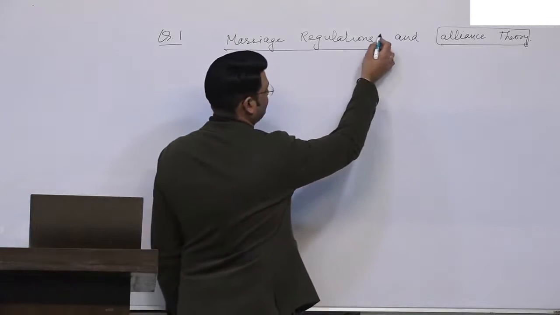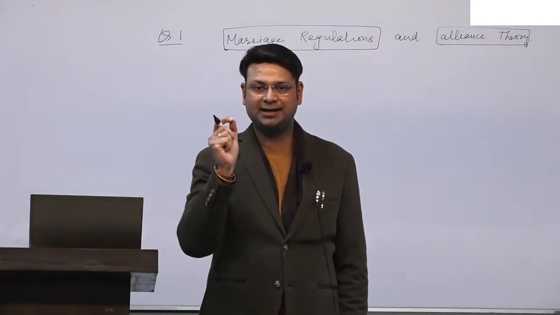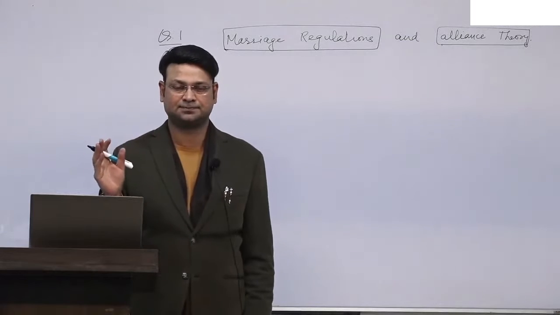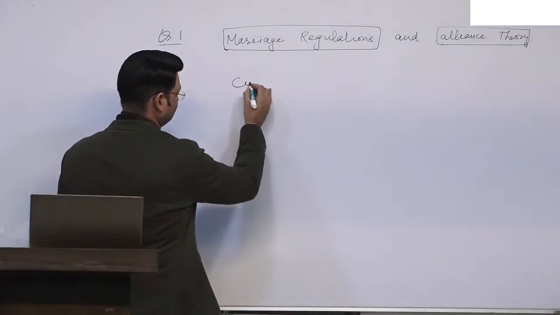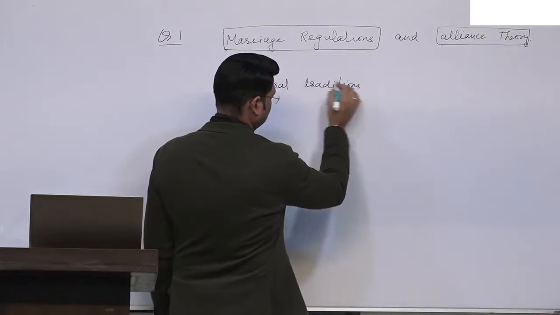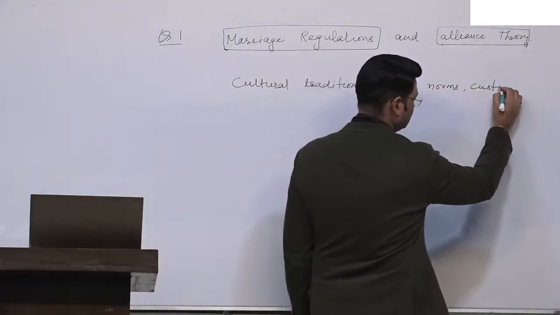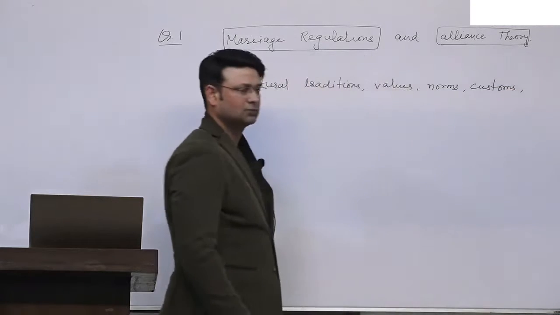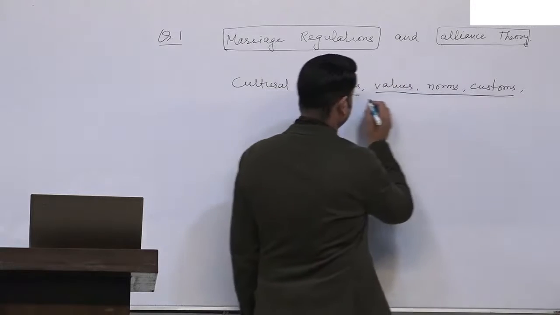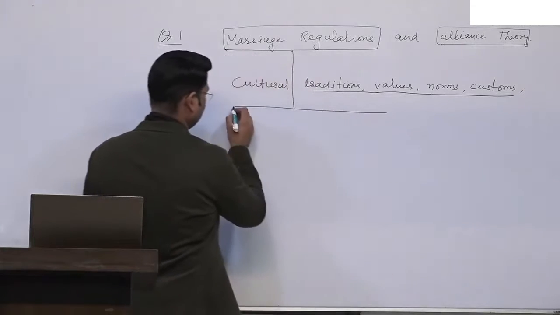Marriage regulations. Marriage is a culture-specific institution, and it is regulated by cultural norms, values, traditions and customs, habits, all of these things. They regulate marriage, right? And marriage regulations, you simply categorize them into three types: